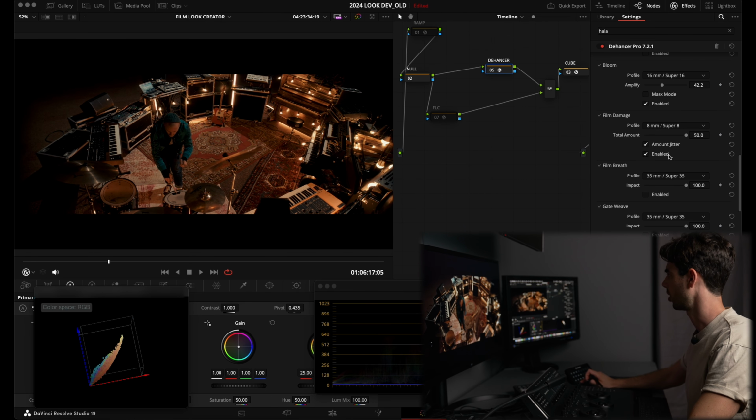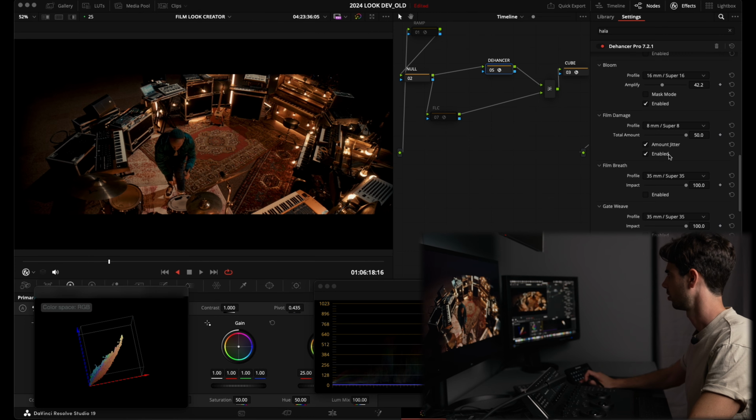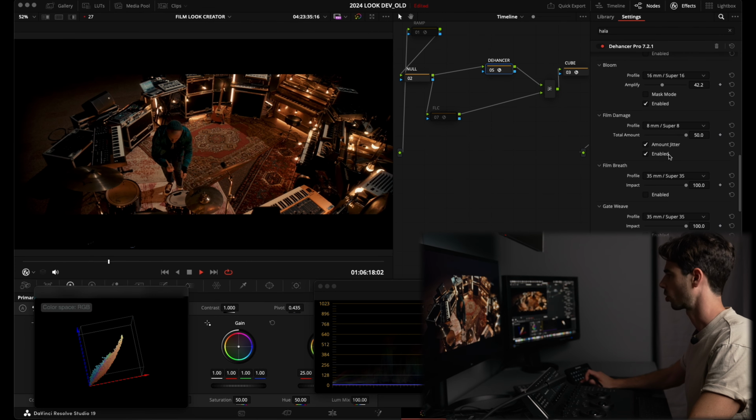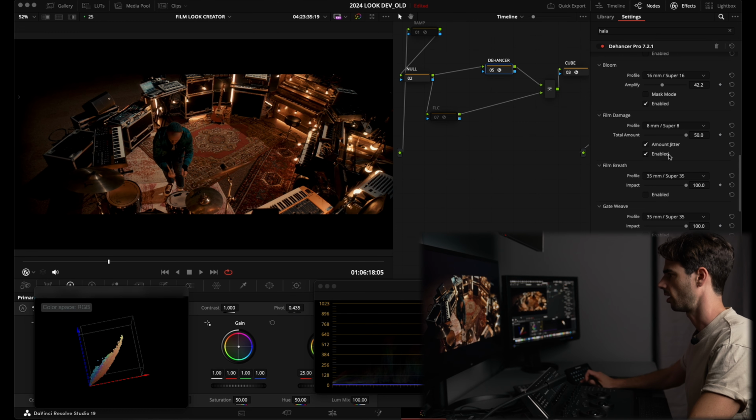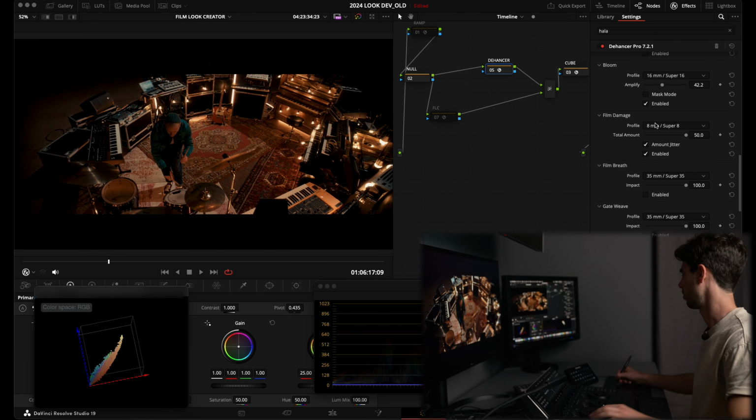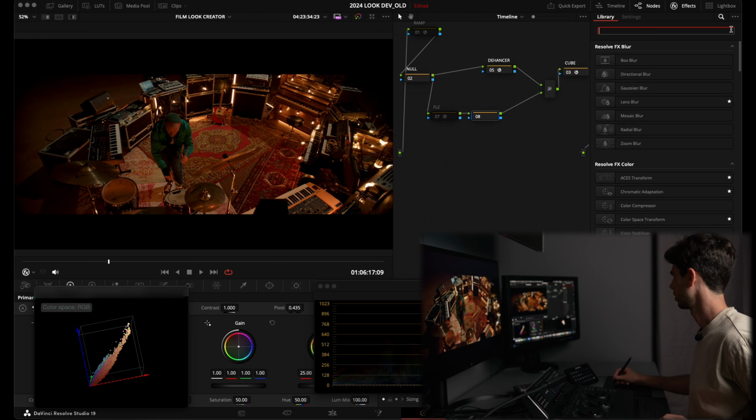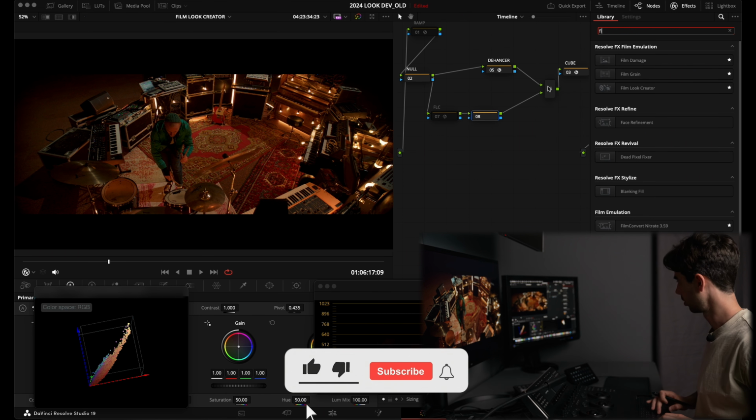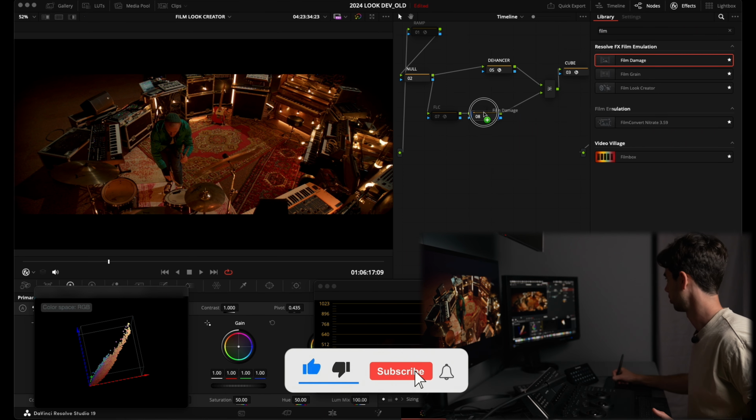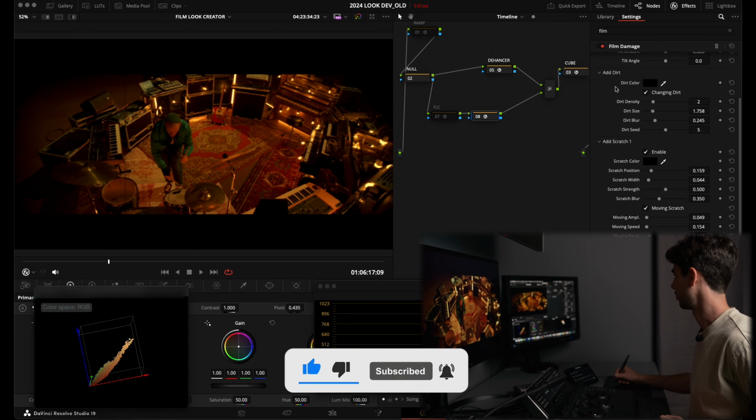So here is film damage on, and it's cranked to the maximum. And you don't have that in the film look creator, but I believe there is an effect in Resolve that is called film damage. So if you load film damage,